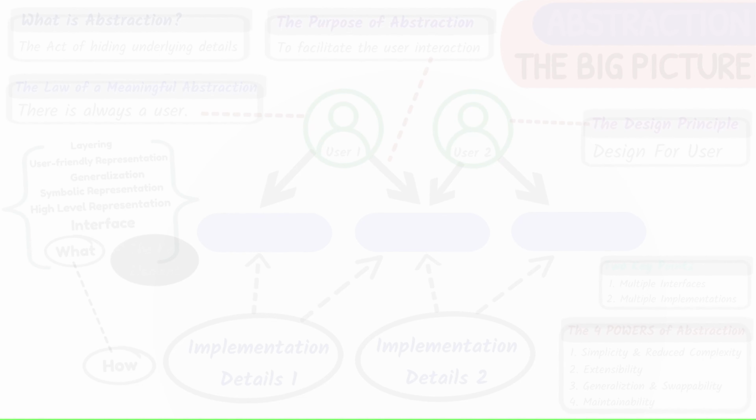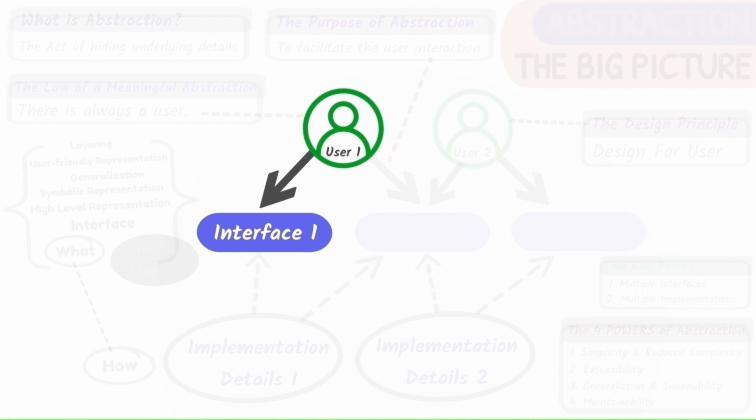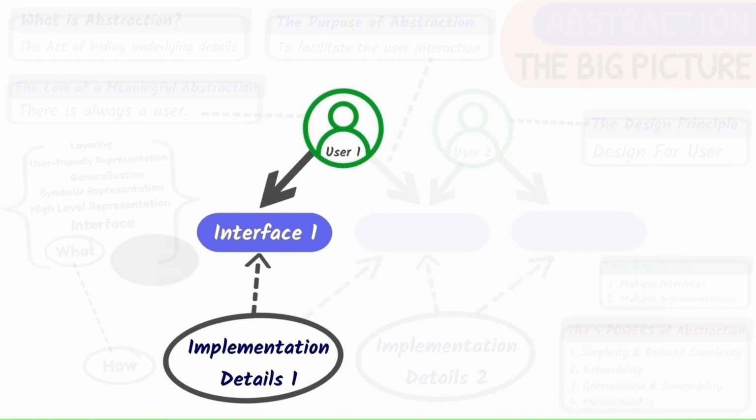For example, sometimes we view abstraction from the perspective of the user, while at other times we see it from the perspective of the entity. At times, it makes more sense to think of it as an interface, while in other situations, it feels more like a generalization. Some examples are better understood through the what and how classification, while others are clearer when viewed